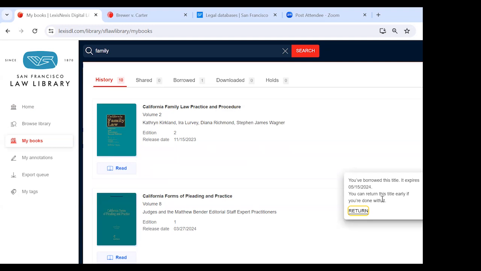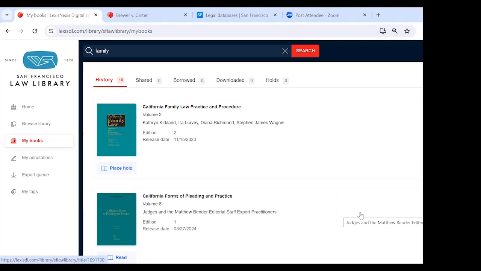However, if you forget, it's okay. After that 7 days, it'll just automatically go back into circulation. But if we are done with it, we can click return and it will automatically go back into circulation for the next user. And I wanted to do that just so you can see where it would say place a